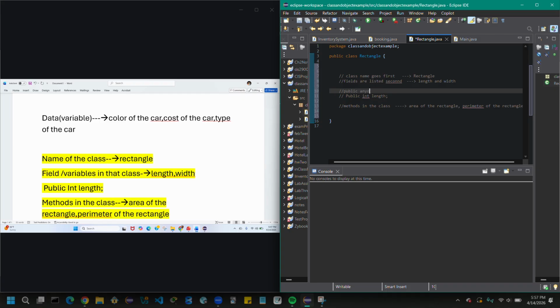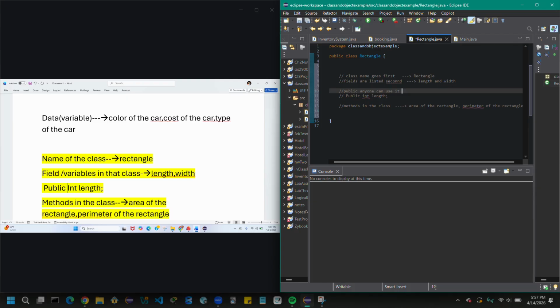Now, the advantage of object oriented programming is that data can be private. The data is hidden from other classes. So Rectangle class data will be hidden from Square class data. Whatever is happening in one section, the other section won't know anything about it.